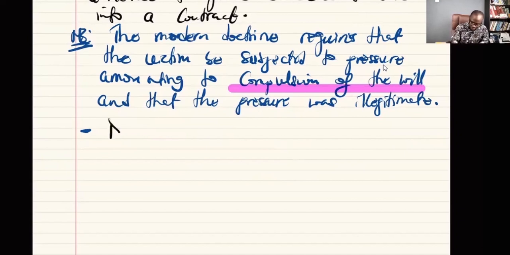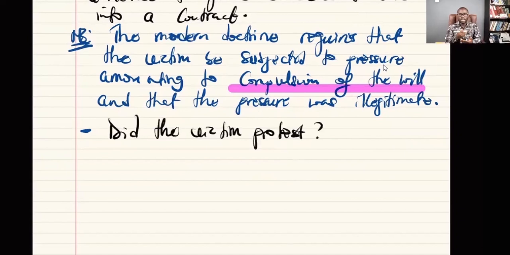One, did the victim protest? Did you beg for your life? Oh, please, I cannot do this. You're going to kill me. Did you protest? Did you try to fight back? That's the first thing. If you didn't protest and they say you go and do it, that means you entered into it willingly. Somebody will say, okay, you have been threatened, then you protest, then they will kill you. No, but at least we want to see, because something that is against your will, you don't do it at a go, like on a silver platter. Definitely, there should be some element of protest.